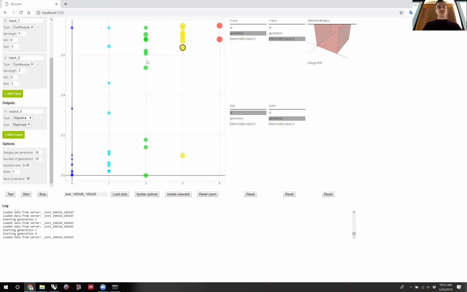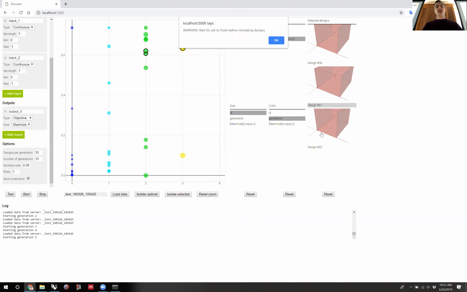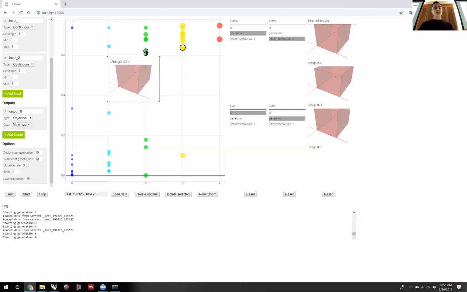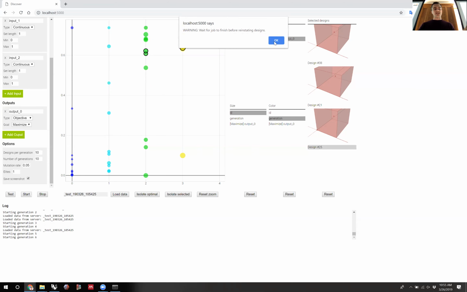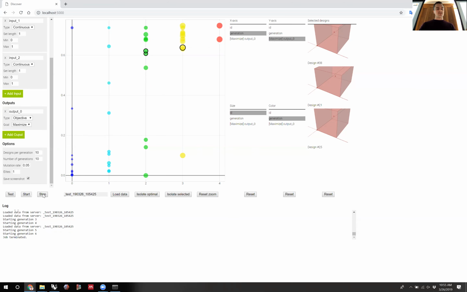You can also select designs, and they'll show up here. And if the job is running, it won't let you do this. But if there's no job running, you can actually click this, and it will reinstantiate the inputs from that design back into your Grasshopper. So as long as you have the same Grasshopper model loaded, you can always select designs here based on your filtering, see the designs here, and then click them to reinstate it. It won't work while this is running. So if I stop the job now,